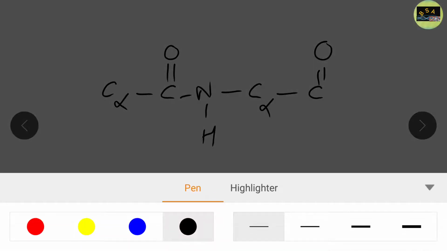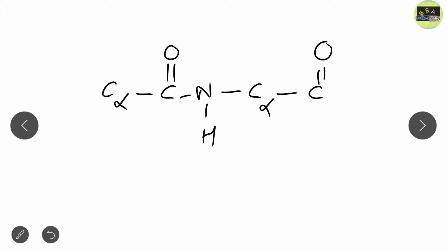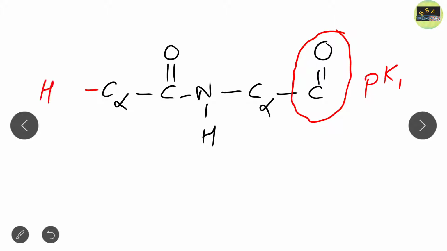Clear? Now this value is known as pK1. Clear? Here the NH3 group will be present, as I already mentioned, that on the two terminal ends, one at the left terminal end, other at the right terminal end, there will be two charges. That is, on the left terminal end there will be a charge on the NH3 group, which we call the pK2 value. We all know that. On the right terminal end there is a charge on the CO minus.